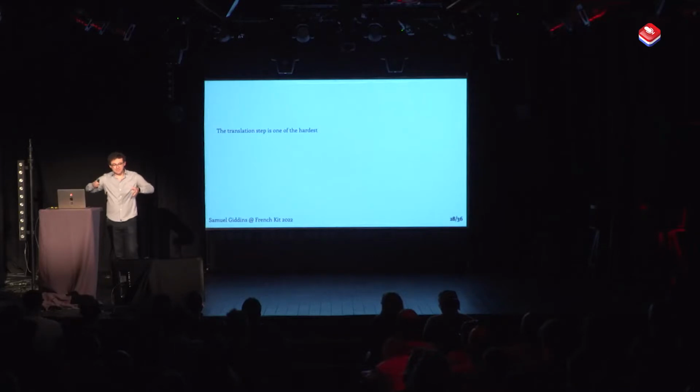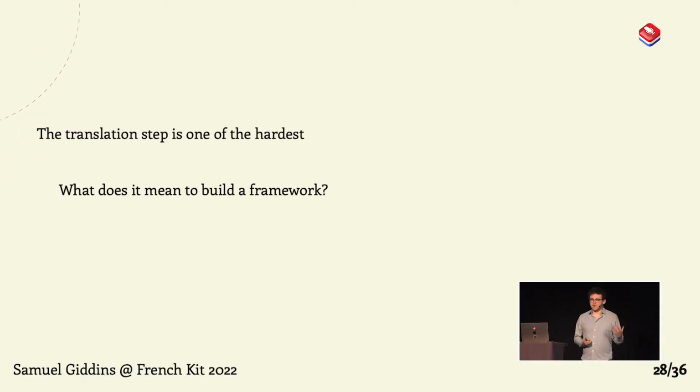Xcode used to have these things called XCSpec files that would describe how to build targets. It would say, okay, if you have this build setting, here's how we translate it into these build flags. Everything in header search paths has -I appended in front of it, and so on. And repeat that for every language that Xcode knows how to build and every build setting that Xcode knows about. It starts to get really complicated. So, as an example, I can ask you, what does it mean to build a framework?